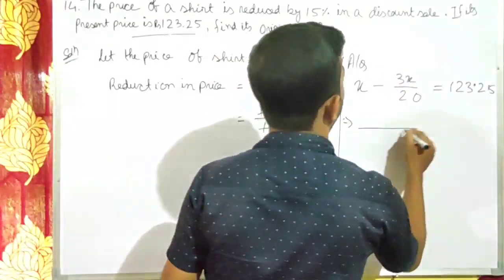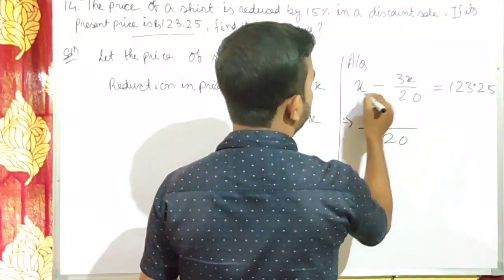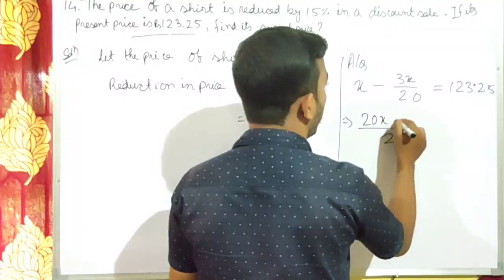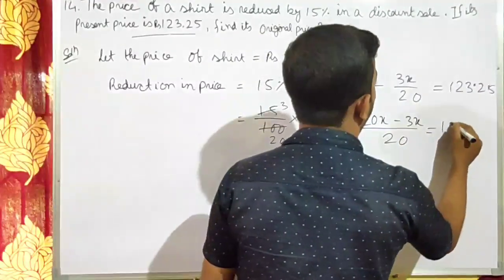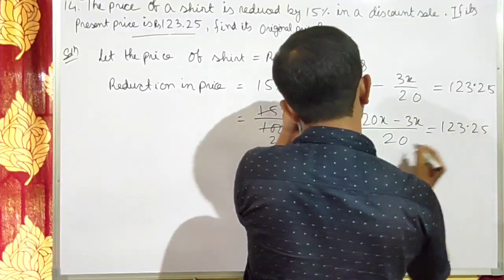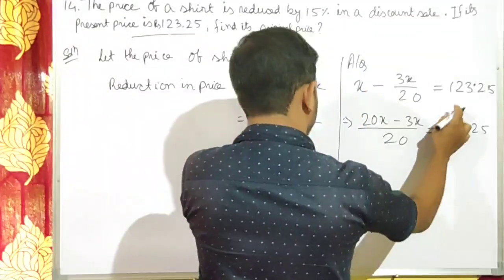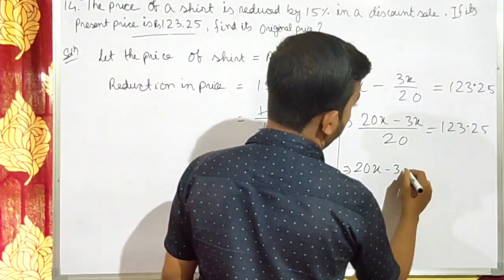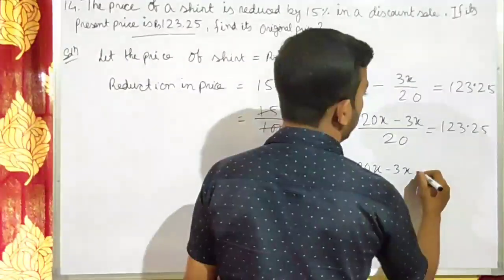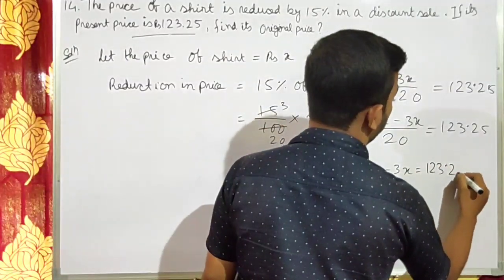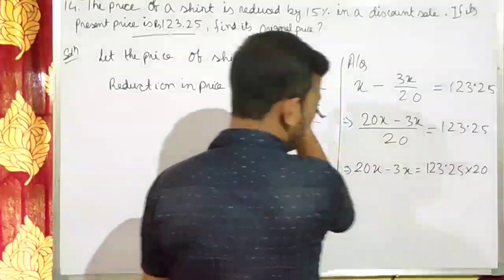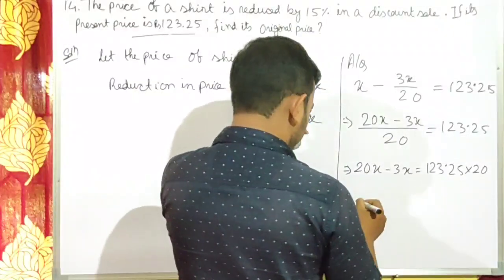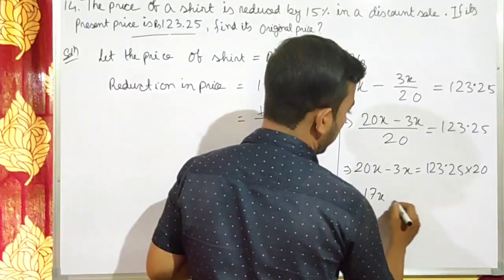Now we'll take the LCM. Here the denominator is 1, so 20 divided by 1 is 20, and 20 into X is 20X, minus 3X equals 123.25. Up to this clear? Now cross multiply: 20X minus 3X equals 123.25 into 20. Now 20X minus 3X is 17X equals